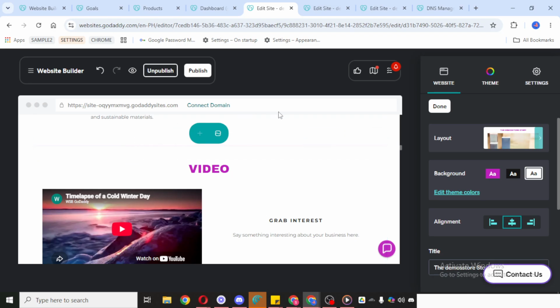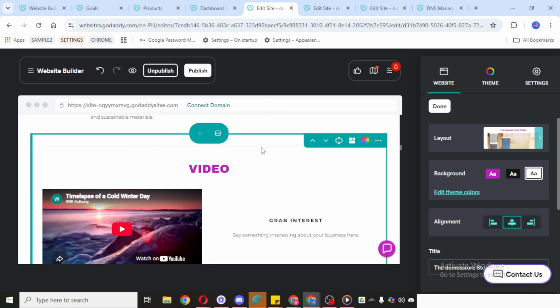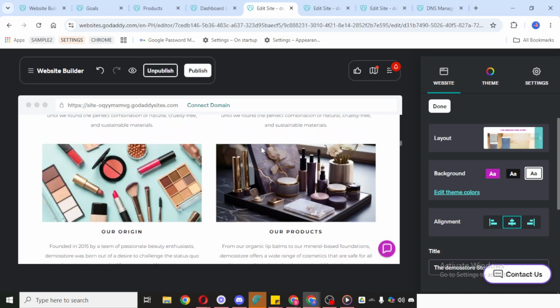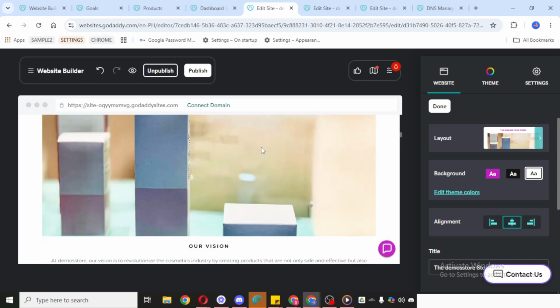In the section options, enter PDF in the search area, then click on the PDF-related option when it appears and add it to the page. This step places the correct type of section onto your website so you can connect your file. Once that's done, you'll be able to locate the PDF you want to add.